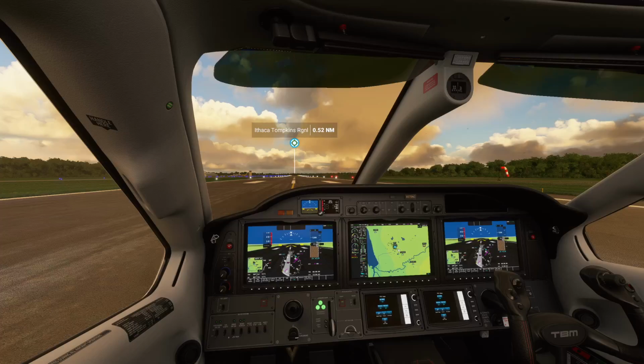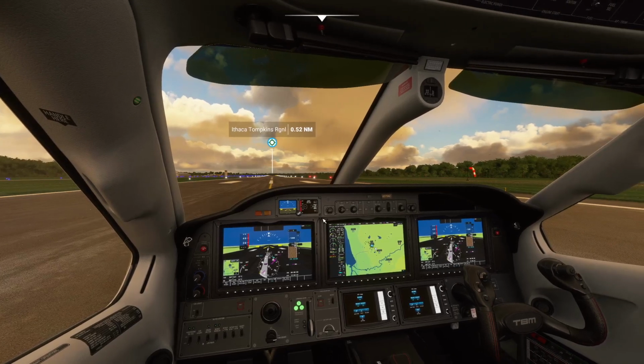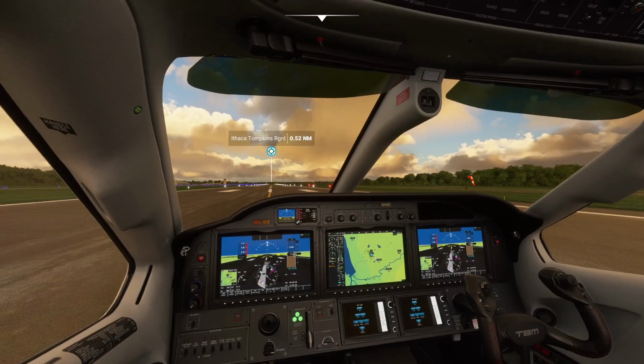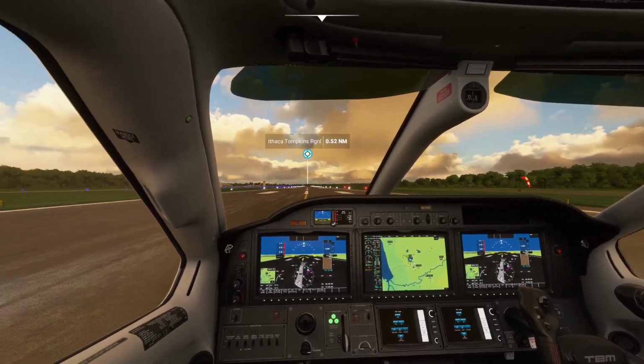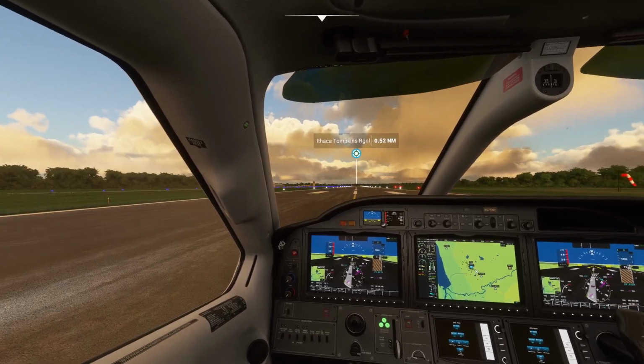Alright, so to use the autopilot in the TBM, and this style of autopilot exists in a few other aircraft too, and even in the ones where it doesn't exist, the buttons and things are named similarly, so you'll start to make sense of it in other aircraft as well. I picked Ithaca Tompkins Regional Airport just because I know there's no mountains or anything around it,